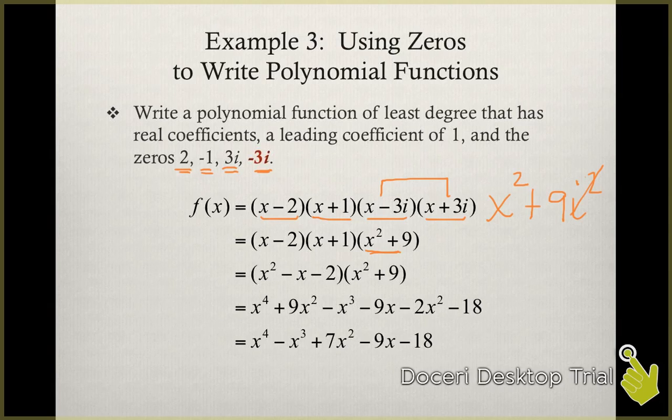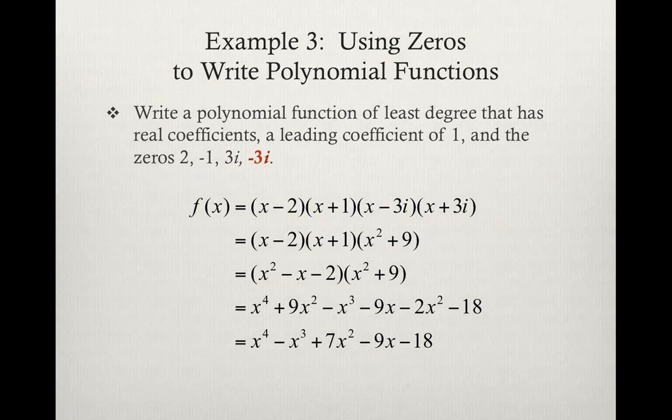Okay, then we can start multiplying the other factors together. So maybe we take x minus 2 times x plus 1, which gives us x squared minus x minus 2. And then finally we can take that times our x squared plus 9. And when we multiply it all out and simplify, we end up with x to the 4th minus x cubed plus 7x squared minus 9x minus 18. Okay, so just lots of practice and foiling and distributing and superfoiling in order to get to our final standard form